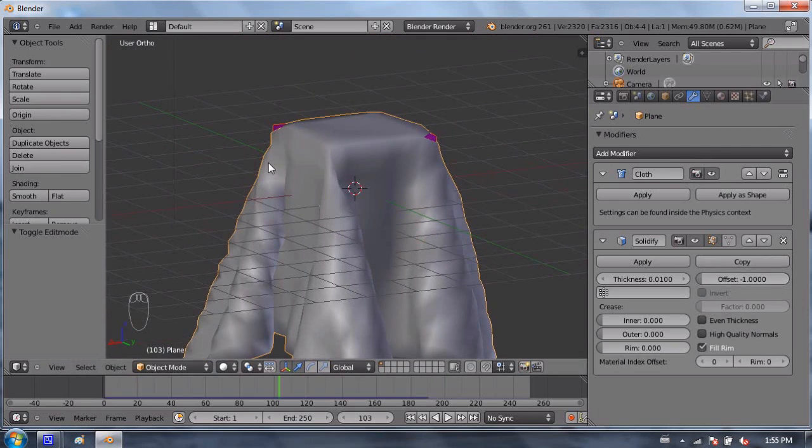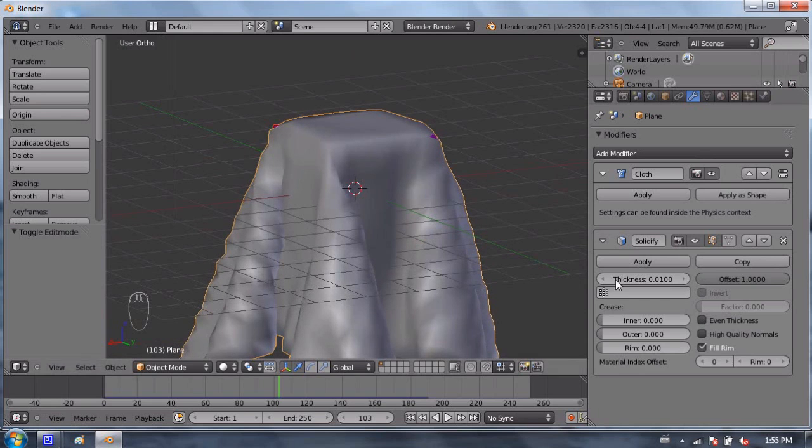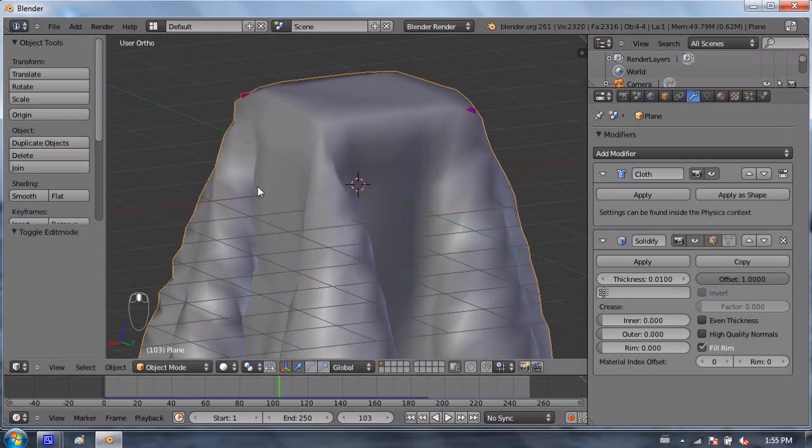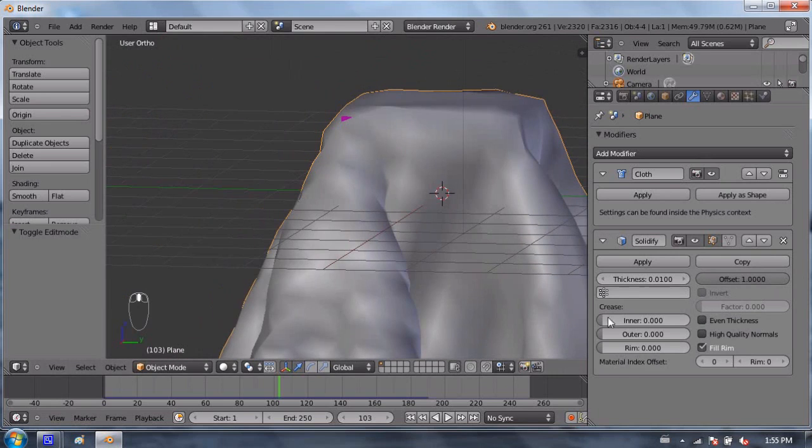So every face in this cloth will move outwards. If I move the offset, right now it's at 0 or -1. If I move it up, you'll see that the cloth gets bigger. I can only go to an offset of 1. I'm not really sure what that 1 is. It's not 1 Blender unit, but that's as far as it can go.